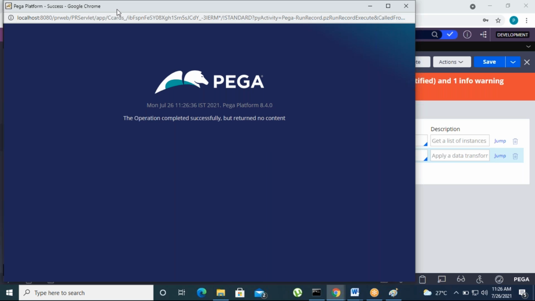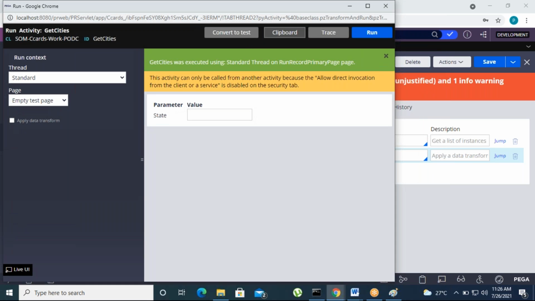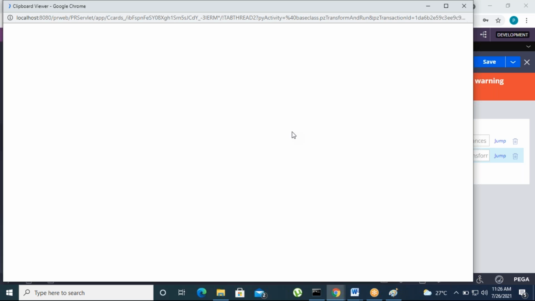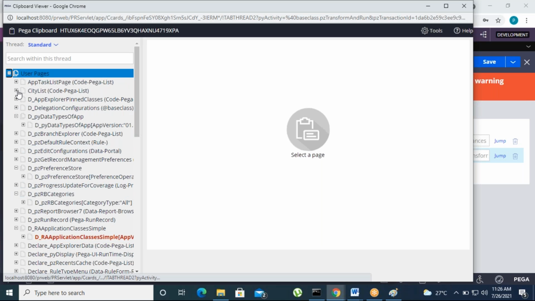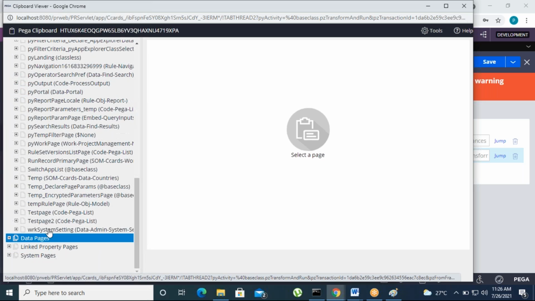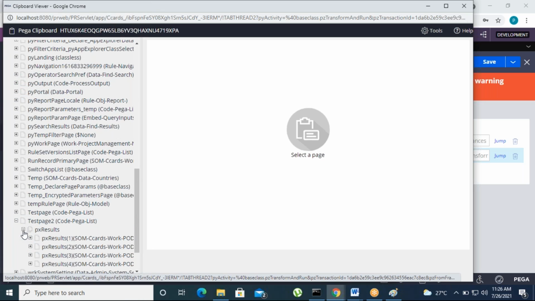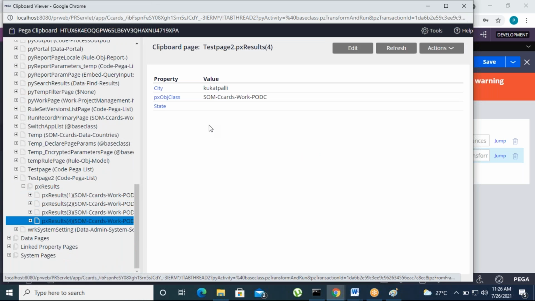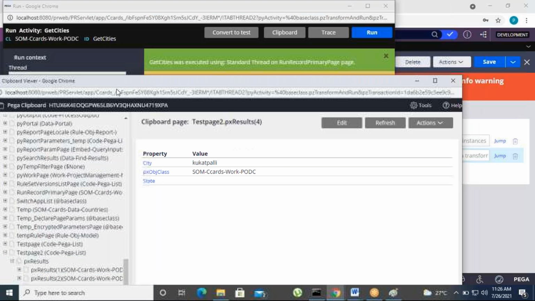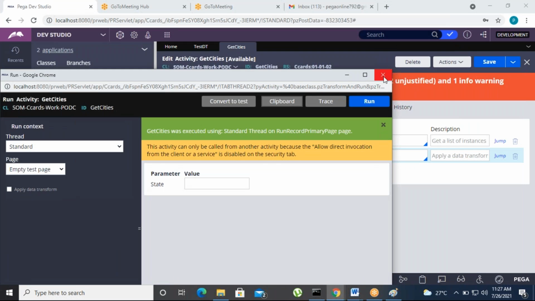This is success, right? And we can go and check the data. So test page 2 will have the data here for the records. Got it, right? This is how appending and map to works.